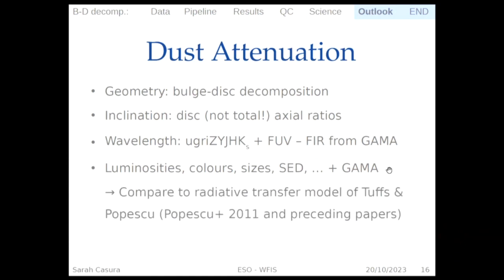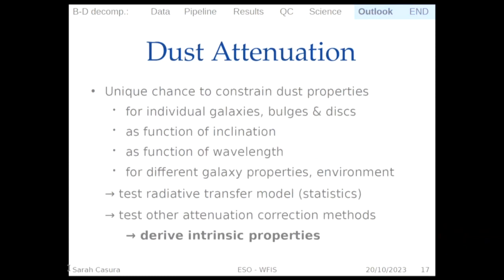So we can compare the trends in all of these things to the radiative transfer model of Popescu and Tuffs, Richard and Cristina, our main collaborators on this proposed project, and that puts us in quite a unique position to really constrain the dust properties for individual galaxies, for their bulges and their disks, as a function of inclination, as a function of wavelength, and for different galaxy types, properties, environment, really for a large statistical sample, which then even